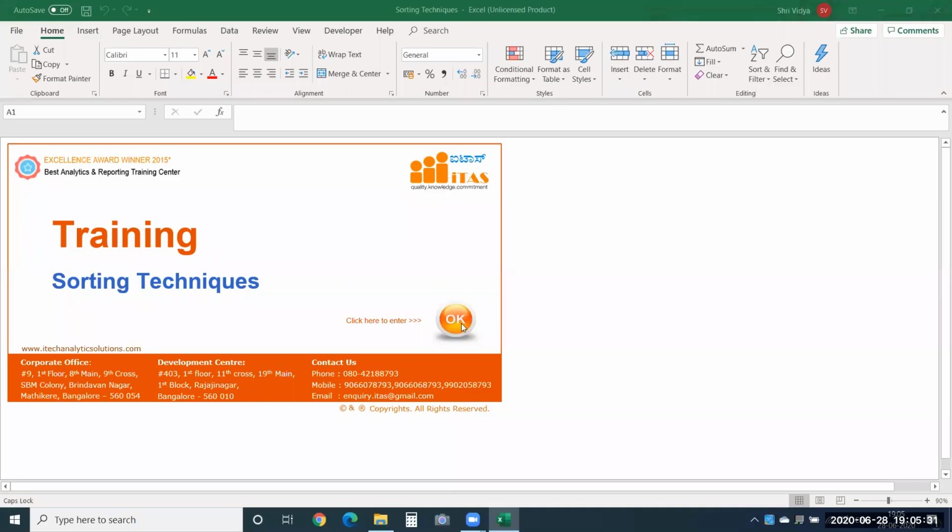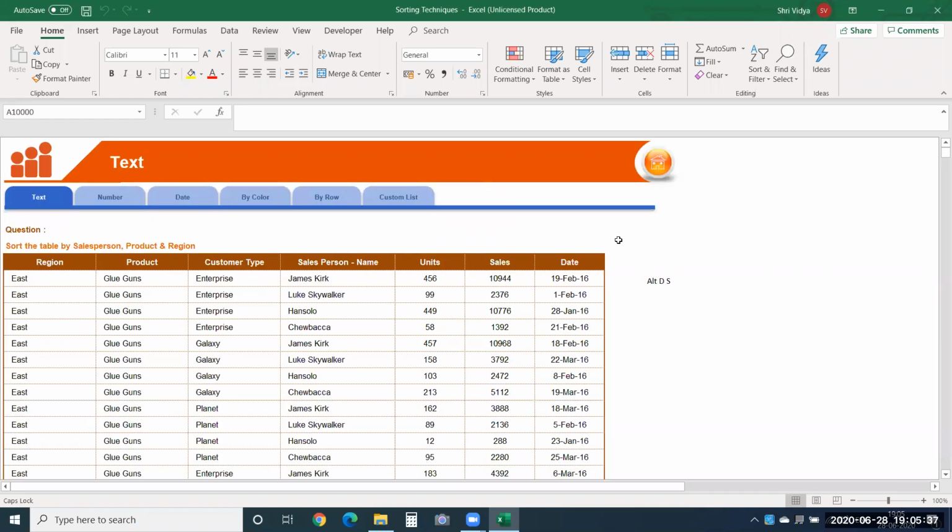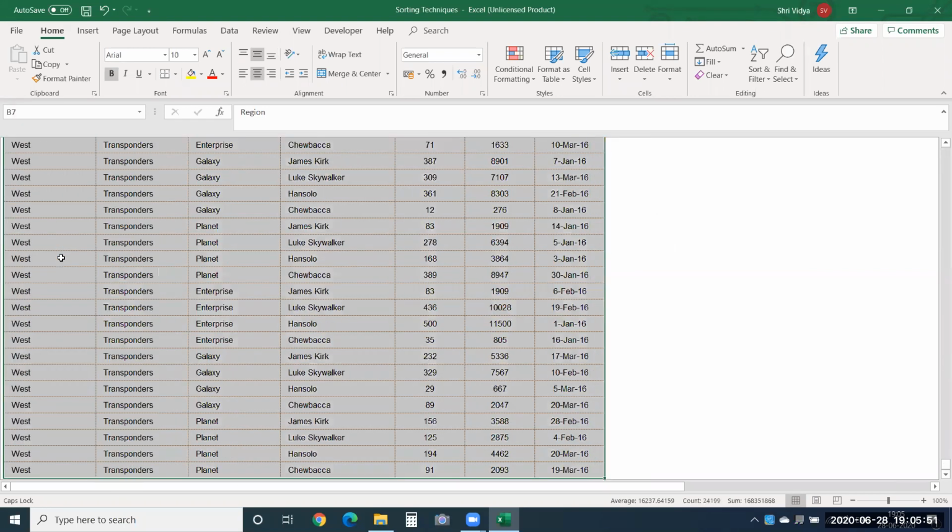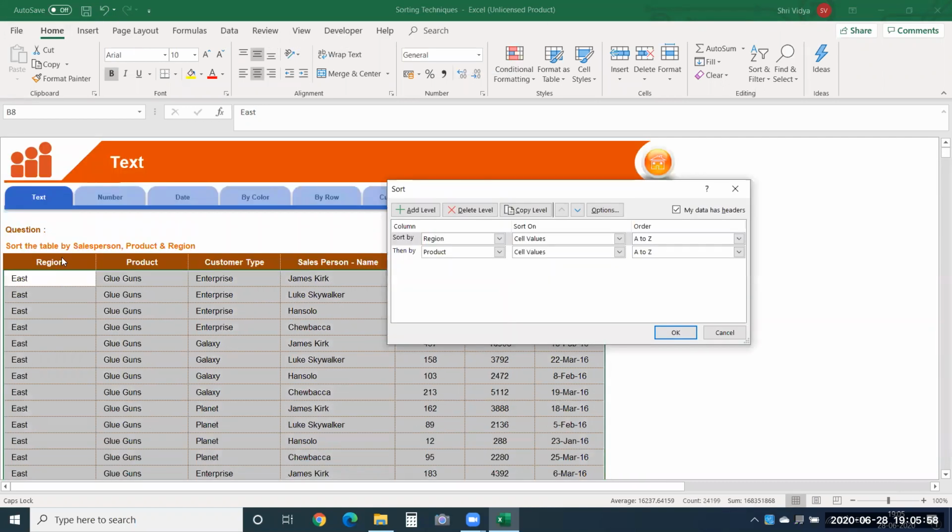So today we'll see how to sort our data using Excel. See here, we are going to use this data and we are going to sort it. Usually, people sort by applying filters. That's not the way. Okay, you can select the data entirely. You have a shortcut to apply. Alt D yes. So when you give this, it will show you the data over here.